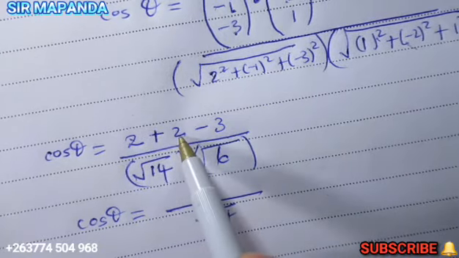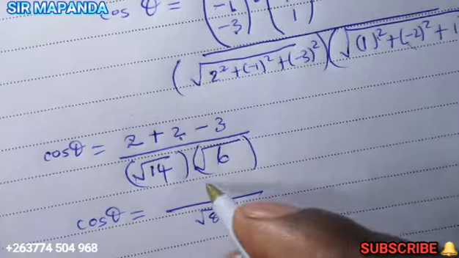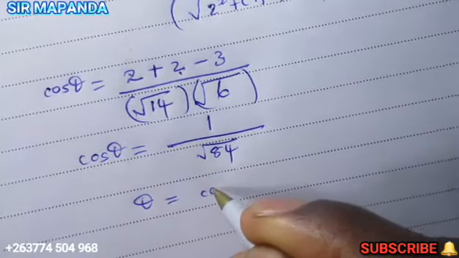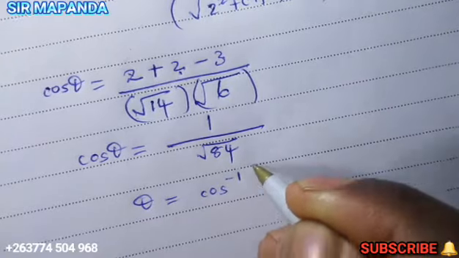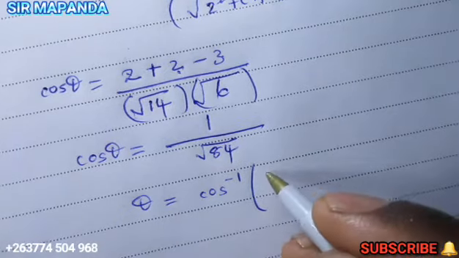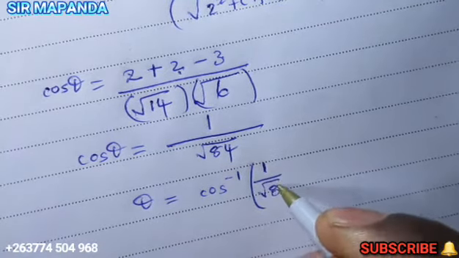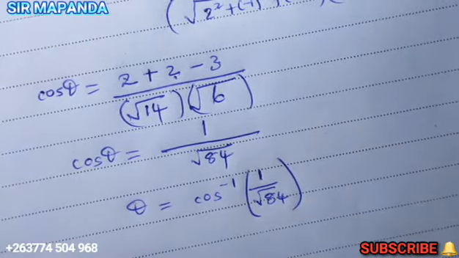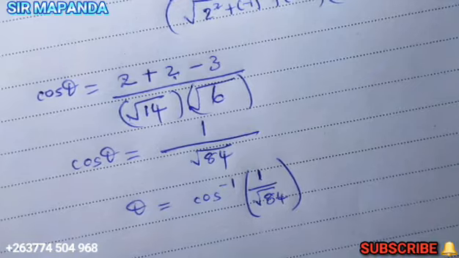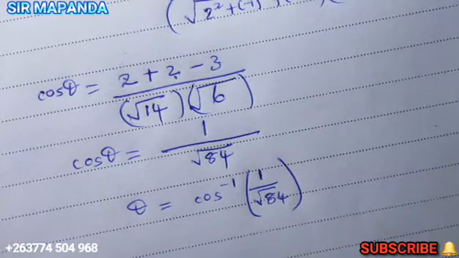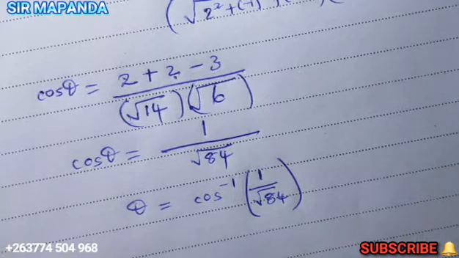Then 2 plus 2, you get 4. 4 minus 3, you get 1. To find the angle, you create arc cos on the right side, so as to make theta the subject of the formula. Then put 1 over square root of 84 inside the bracket. Then make sure that your calculator is in degrees, right? So arc cos of 1 divided by square root of 84,